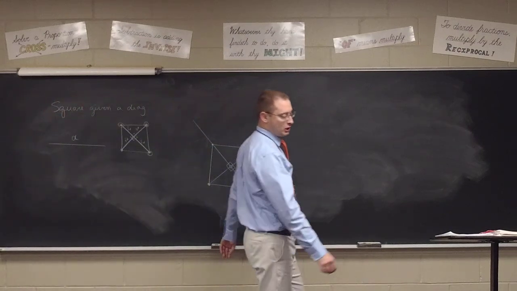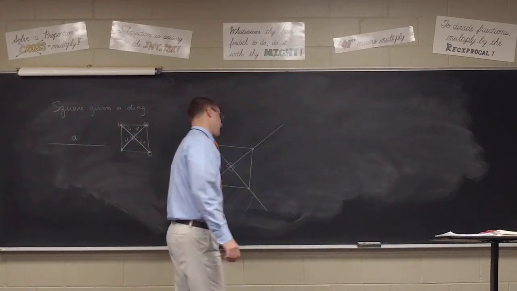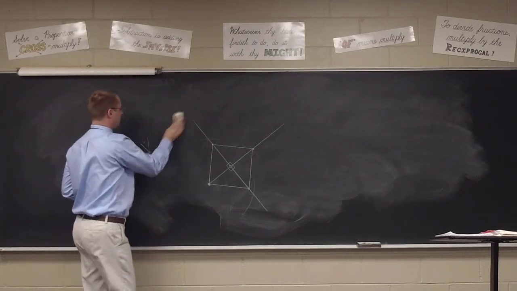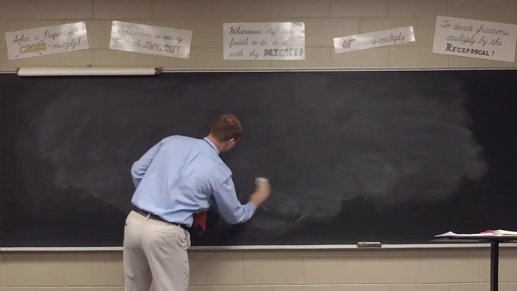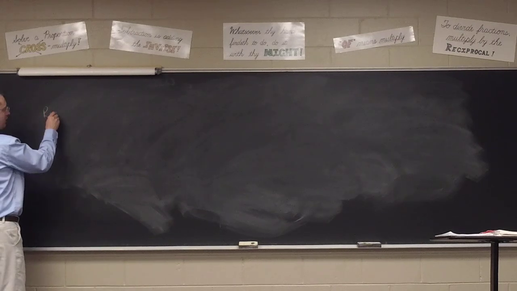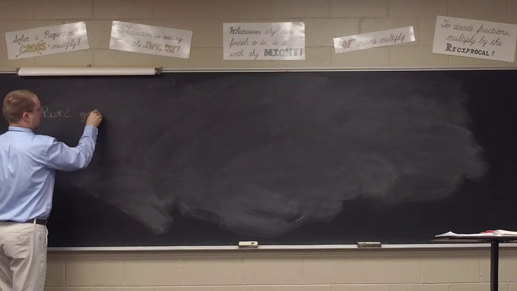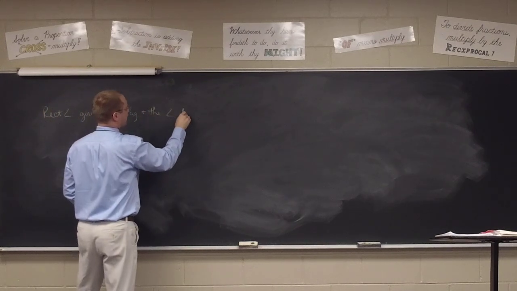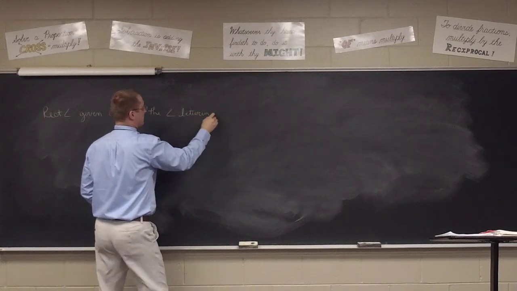Let's go to number 3. Numero 3. Let's see. Genesis, what are we constructing this time? Construct a rectangle having given a diagonal and angle within the diagonal. Hey, let me make sure I heard that right. A diagonal and an angle between the diagonals. Is that right? The angle between the diagonals. Okay, so constructing a rectangle given a diagonal and the angle between